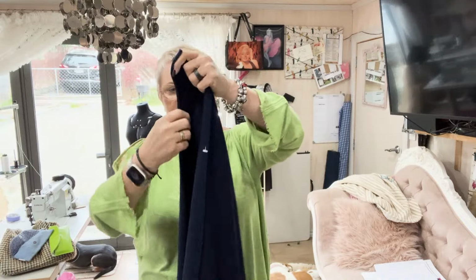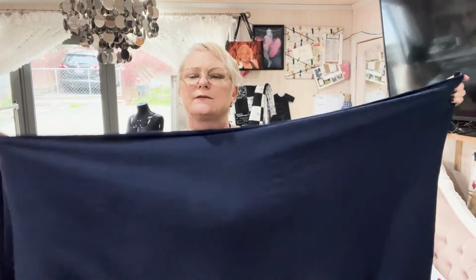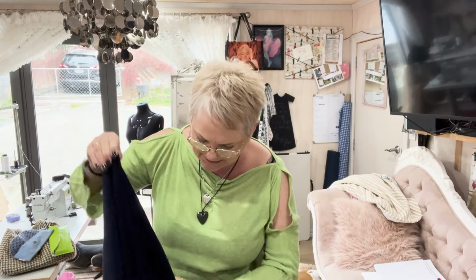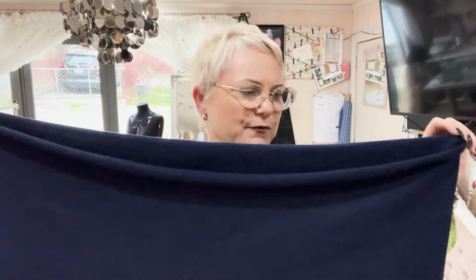So not quite 1.5 meters wide, but there is 2 meters of it. Let's see what Stacey can make herself. I really love that dark colour, that really dark blue. I don't know if it makes my eyeballs pop, but